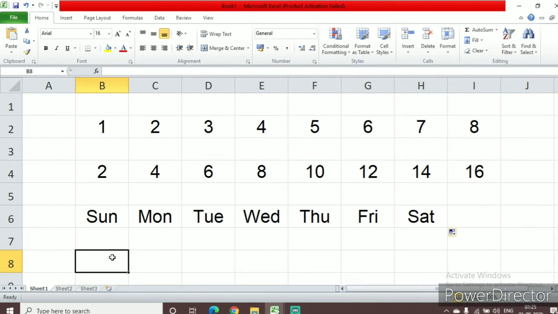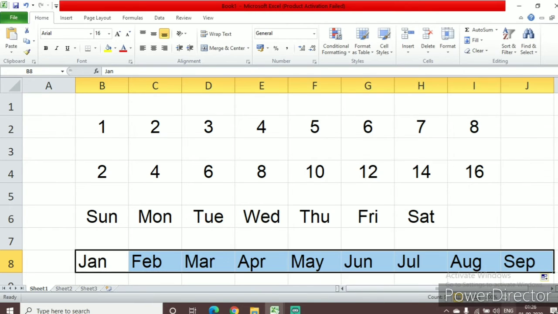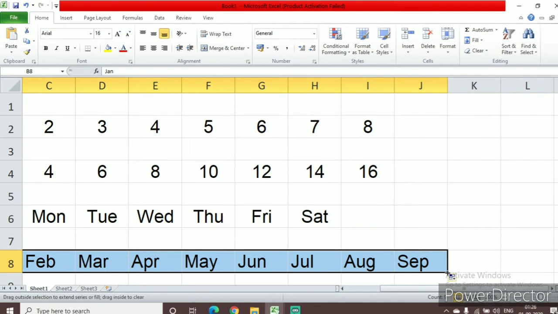Now suppose I want to write January, February. I can write the entire January or I can just write a shortcut as Jan, and type Feb here. Again I'm going to select it with this doctor plus sign and then with this autofill cursor I'm just going to drag this. Now does this really happen? Yes. If you drag it further from September,